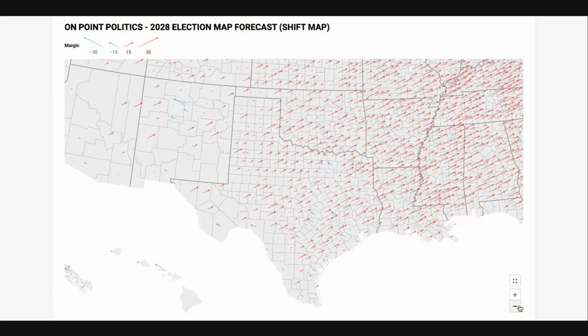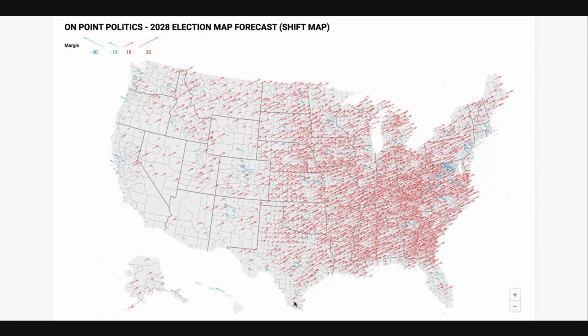So it is actually quite interesting to see that take place, where the Hispanic shift is there for Buttigieg. He does improve narrowly in some counties here. The Hispanic counties end up moving a certain way, but it's not enough to make a big difference. It's not enough to offset the shift in all of the white counties that you see here, where Vance is doing sometimes huge double-digit improvement over Trump in 2024.